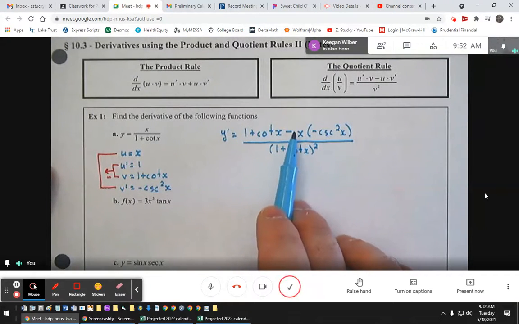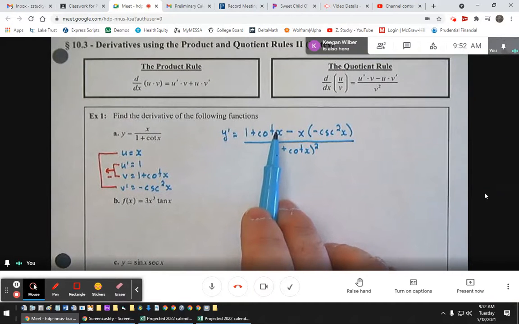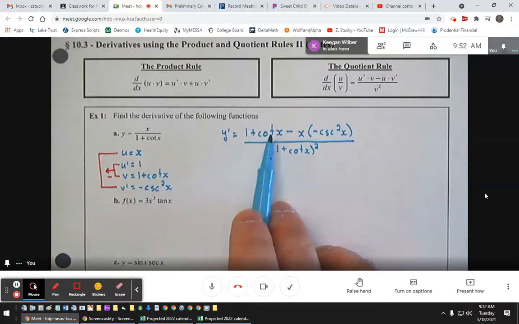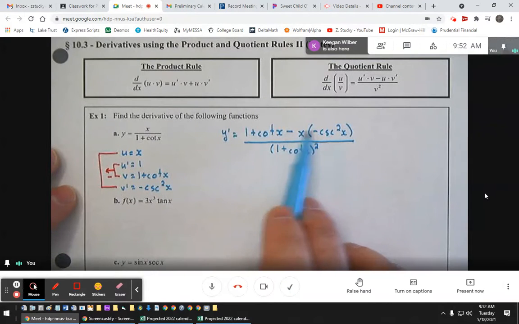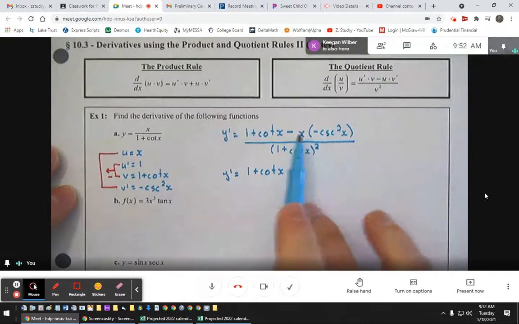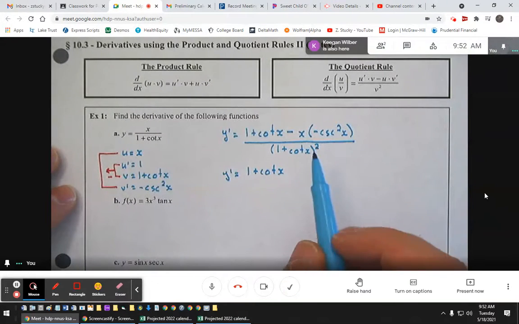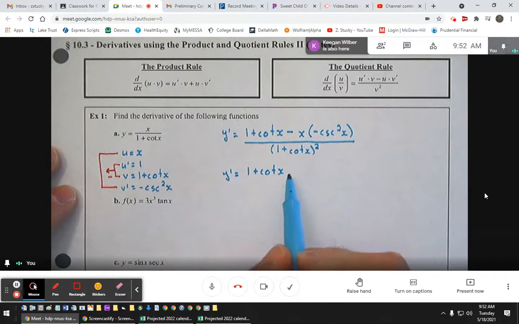The only thing I would really try to clean up here is just this piece. I mean, I don't know what to do with 1 plus cotangent. If it was cotangent squared, I might look at my Pythagorean identities, but we don't have any of those. So I'm just going to multiply these two pieces together. So y prime would equal 1 plus cotangent of x. Okay, what's a negative x times a negative cosecant squared? A positive